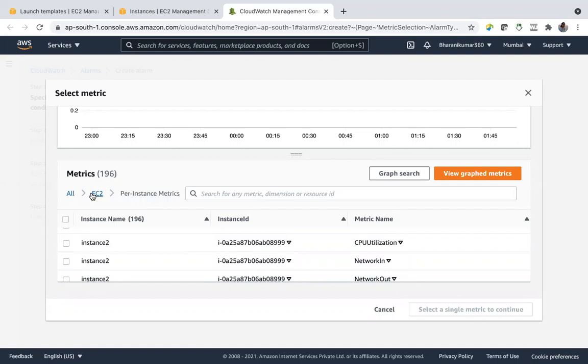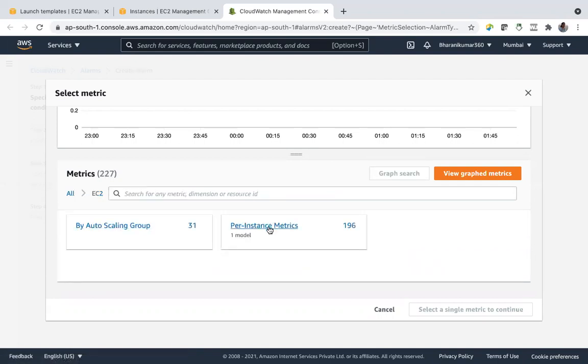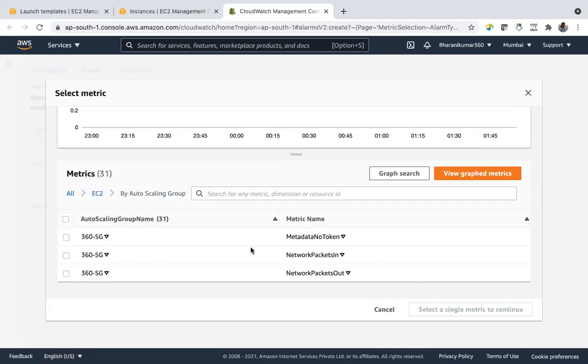If you want to take average, so here when you do this, then you are setting alarm for each instance, but not the average of all of them. So let's go with auto scaling group.